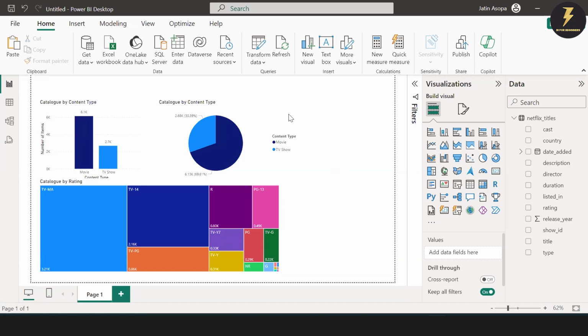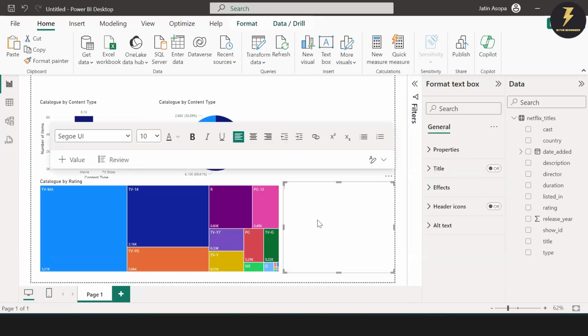Hi guys, so we're just gonna pick up where we left off last time, and today we're gonna focus on filtering techniques. So I'm just gonna start by adding a title to the page that we currently have, and we're gonna call this Netflix Catalog